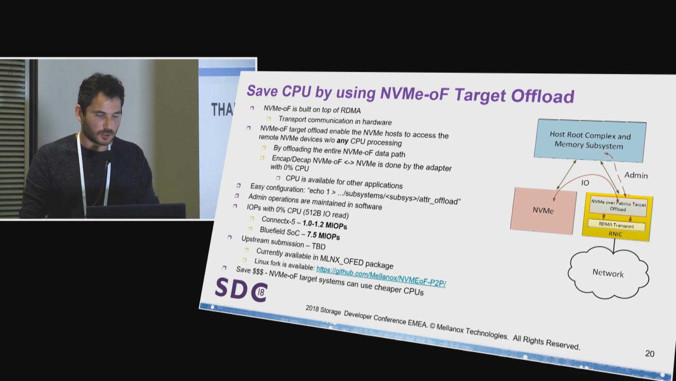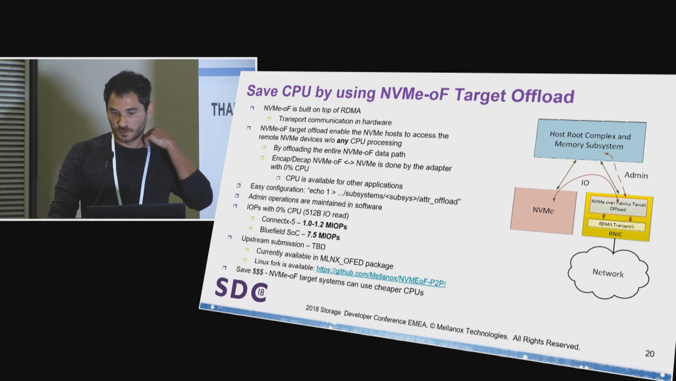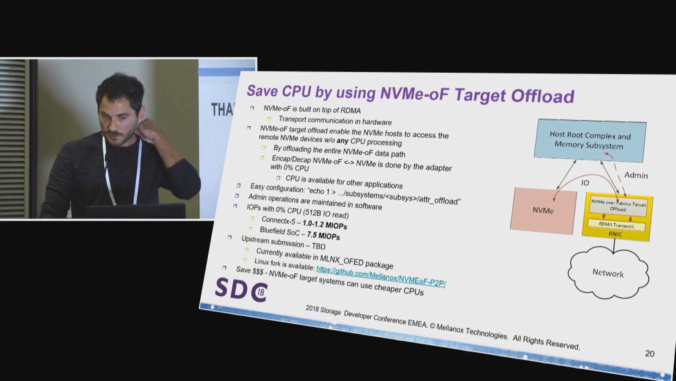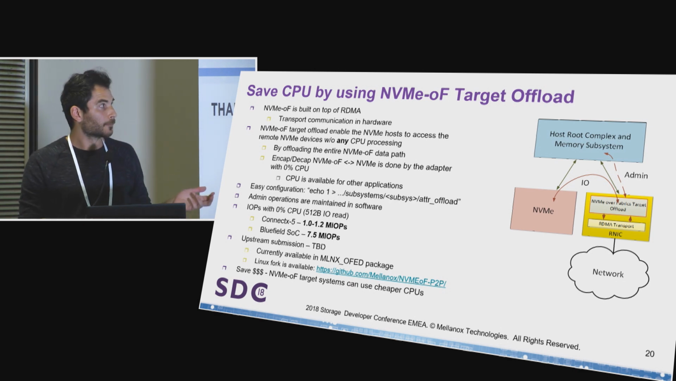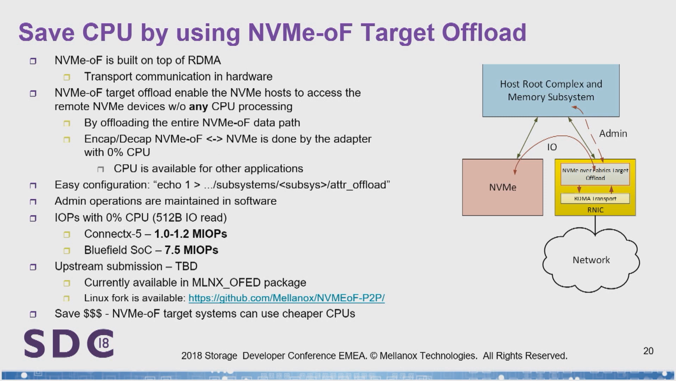As I showed you earlier, there is a good mapping between NVMe queues and NVMe over Fabrics queues that use RDMA, and we have hardware that can receive an NVMe command capsule and decapsulate it to the NVMe protocol and post the request through the PCI bus without any CPU interference. I summarized the numbers that we get from our testing in ConnectX-5. We get 1 million IOPS, and in the BlueField system on chip we get 7.5 million IOPS without even one cycle